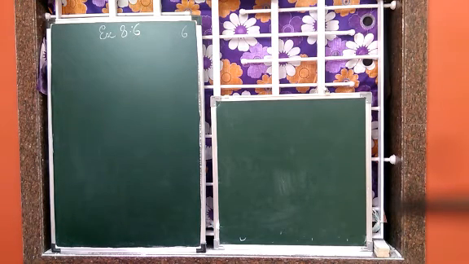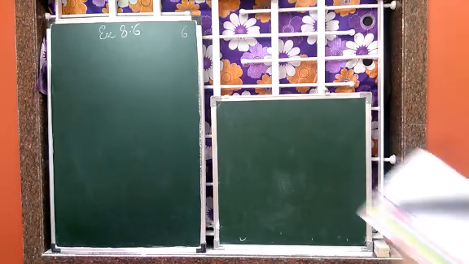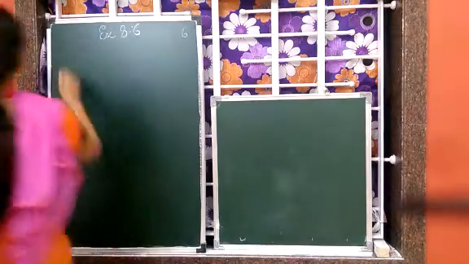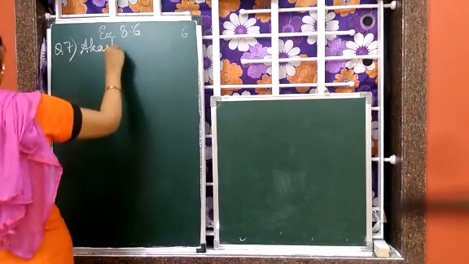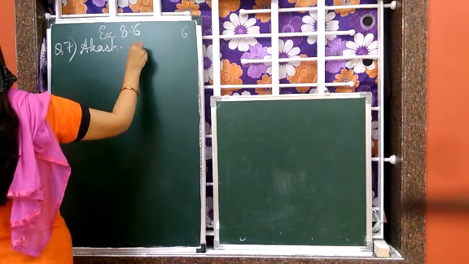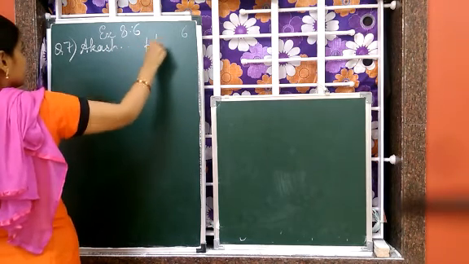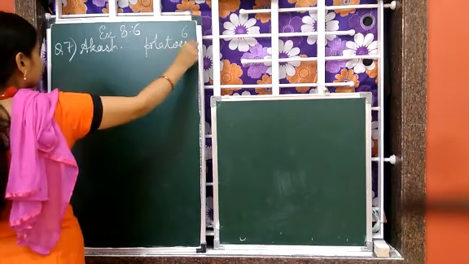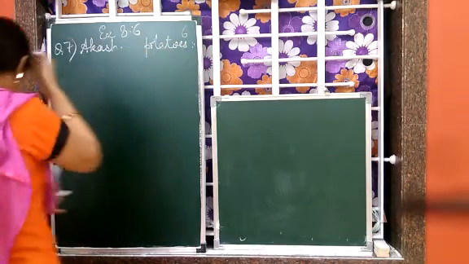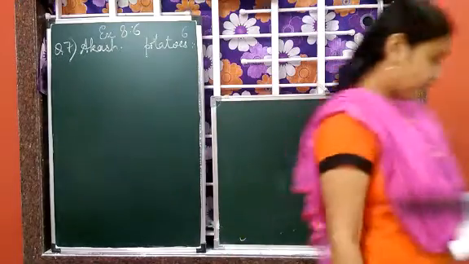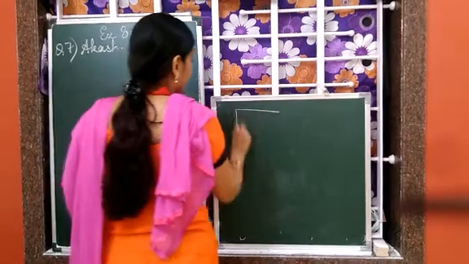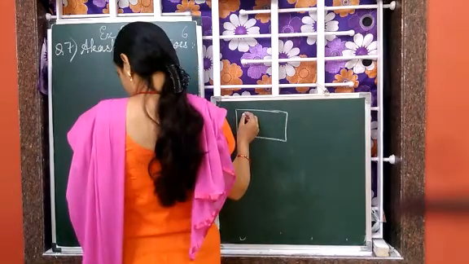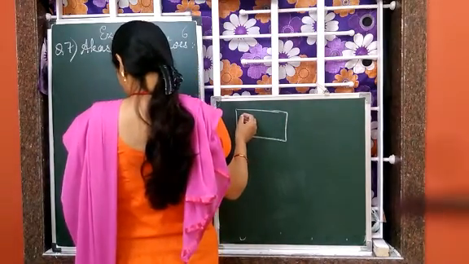Children, starting with the last question of this exercise and of this chapter also, we can say question number 7. Akash got vegetables. Weighing means the weight. So suppose the vegetables weight is given. This is vegetables. Just we imagine